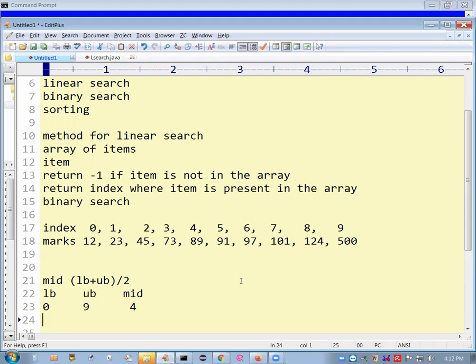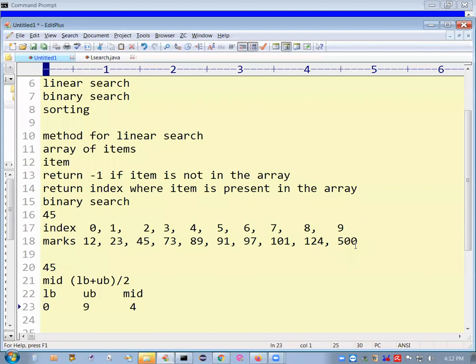So let us say you are looking for a number like 45, which is already there anyhow. Let us see how this search is going to happen. The first comparison will be like this.